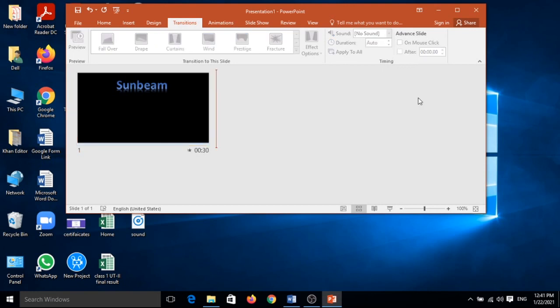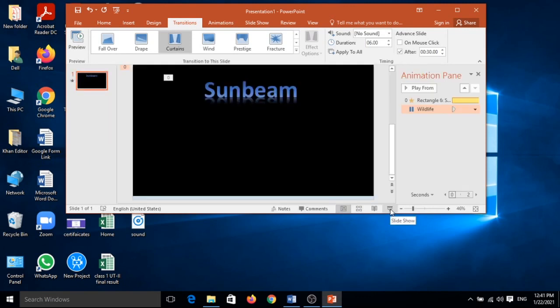It will be closed after 30 seconds. Yes, and then come to the normal view and press F5 or this icon.